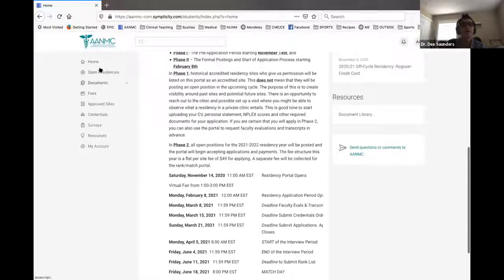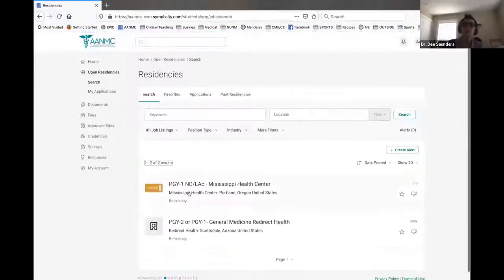So over here on the left-hand side, we're going to navigate. I'm going to show you a couple of things. So here's open residencies. So these are actually residencies that are open right now for those that have already passed boards and are licensed. And some of these opportunities do exist throughout the year, aside from this big phase 1, phase 2 match that we're talking to you about today. So I would hit search, and I can see there's 2 openings right now, and I could click into them, look at the job descriptions, and click apply if I had all my documents ready, which takes me to the